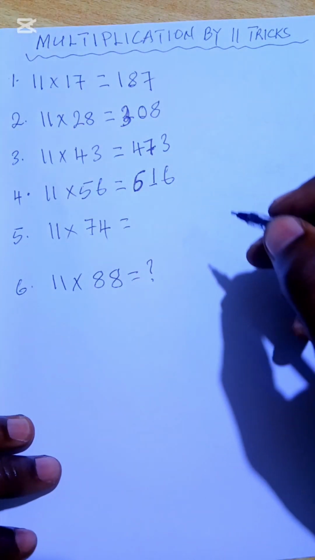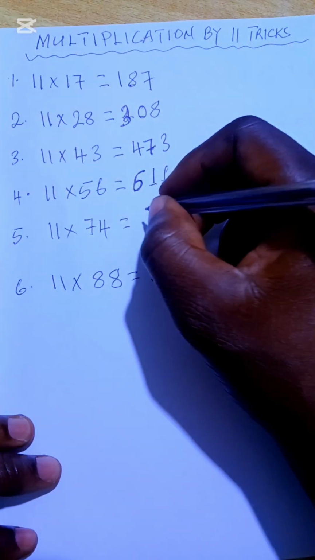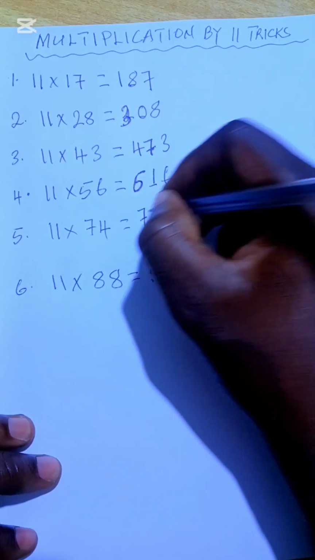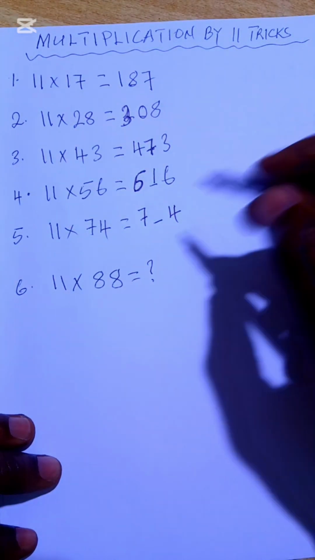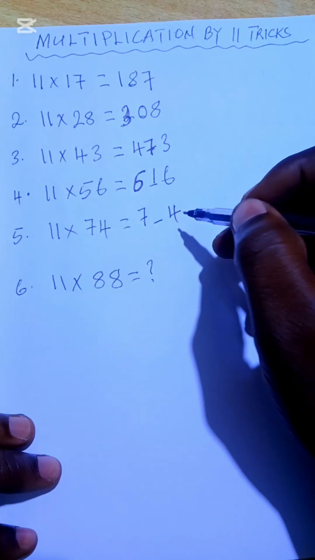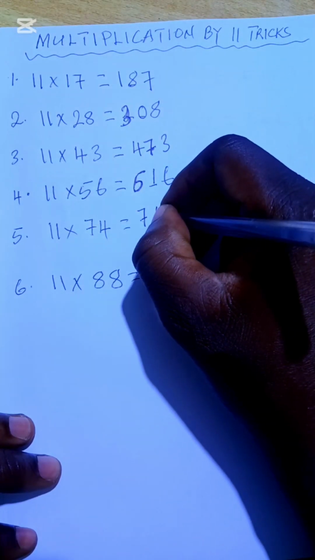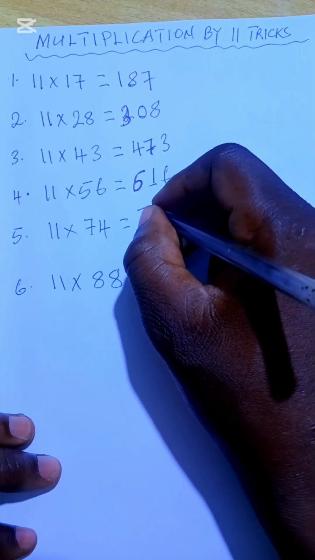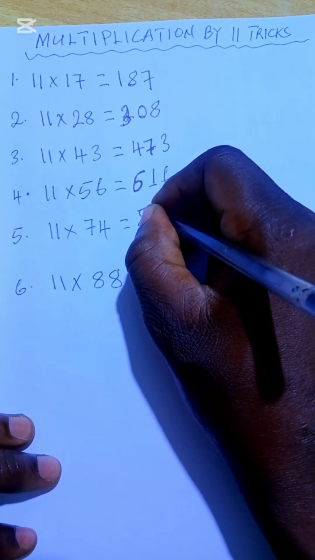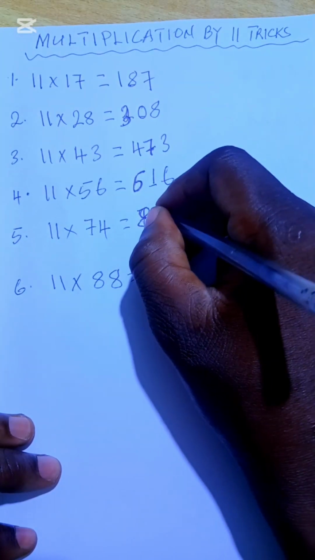Then the last one, 11 times 74. Write your 7, leave a space, write your 4. Add 7 to 4, I'll get 11. I'll put 1 here, carry 1. If I carry the 1, add it to 7, I will get 8. So this will give me